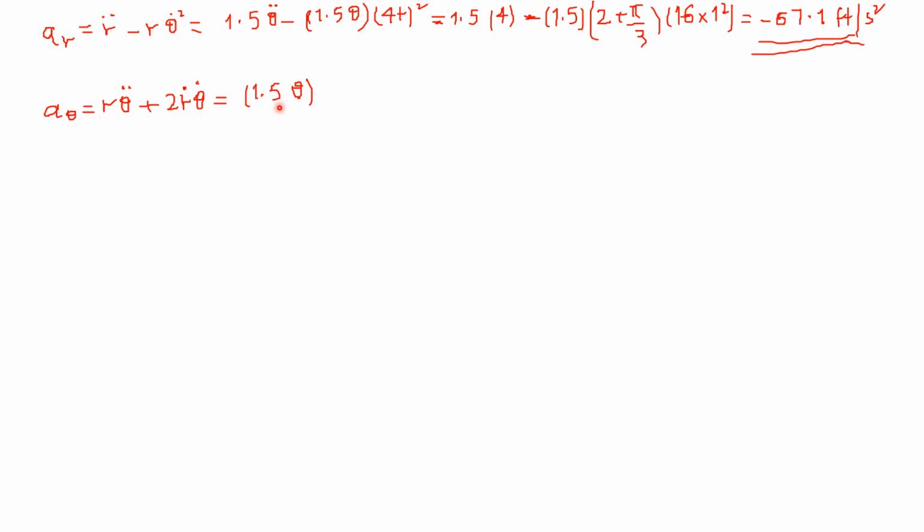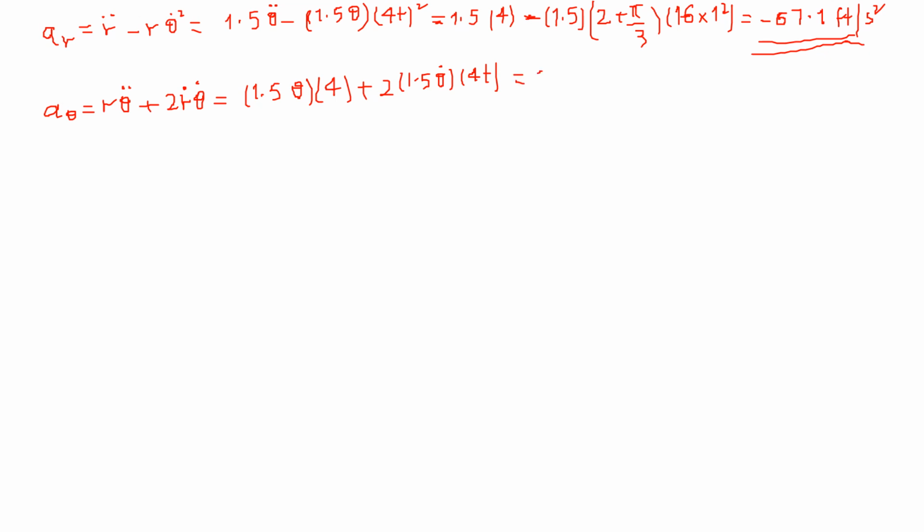Okay, so r 1.5 theta, theta double dot is 4, so times 4 plus 2 times r dot, which is 1.5 theta dot, and theta dot here is 4t, okay, equals,